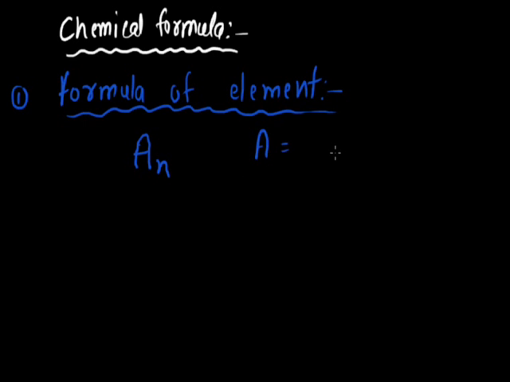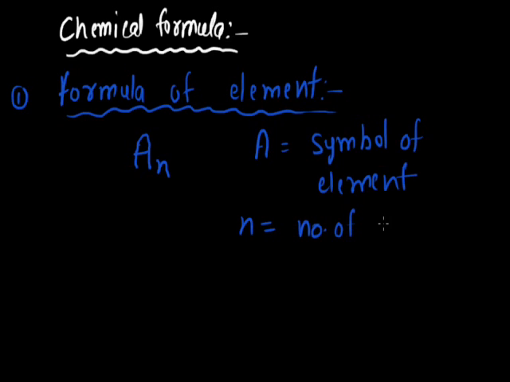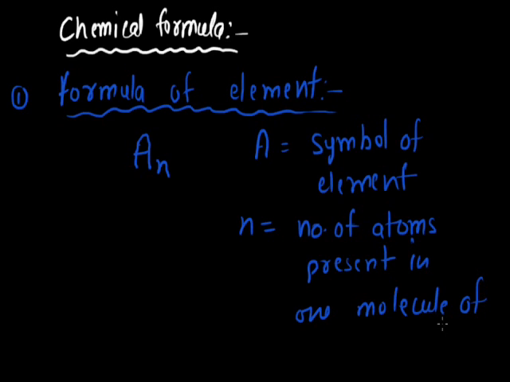Here A represents the symbol of the element, and N represents the number of atoms present in one molecule of an element. Just for example,